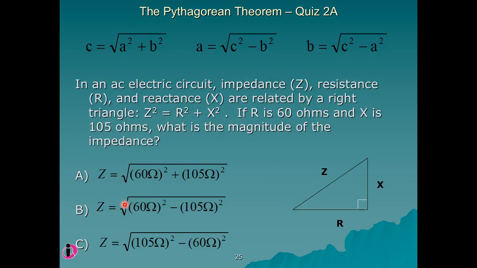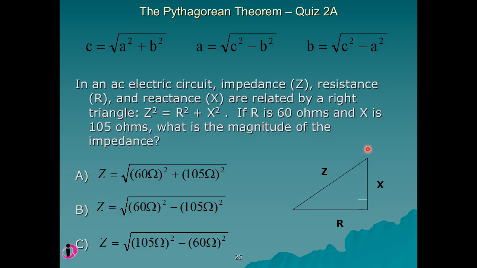We can try another example here. This is from electric circuit class. Let's say we know that the impedance Z is the square root of X squared plus R squared. So it's pretty much like a right triangle. So if you know the resistance, which is R, and if you also know the reactance, which is X, you should be able to find the Z, right? Now Z here